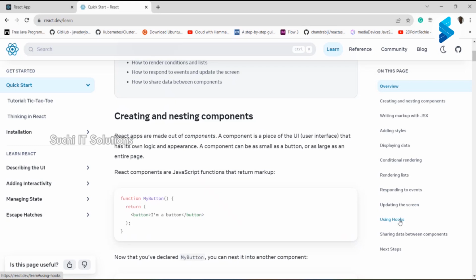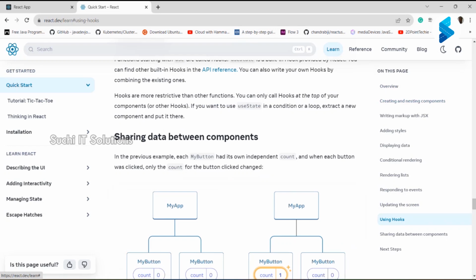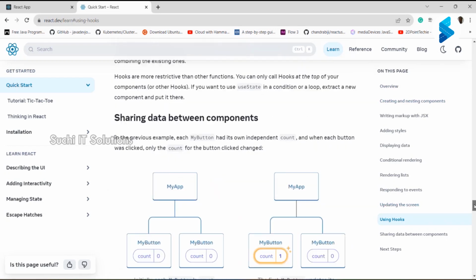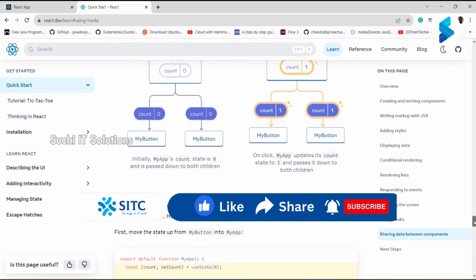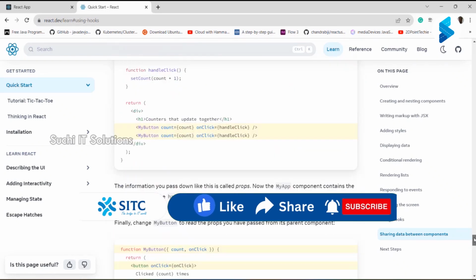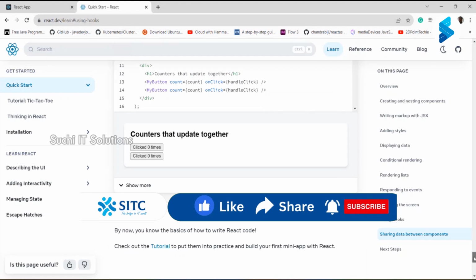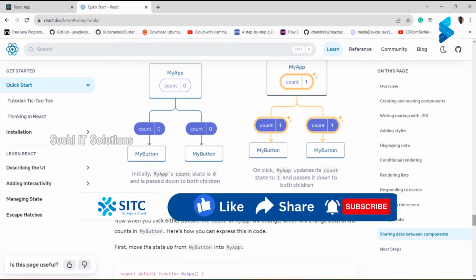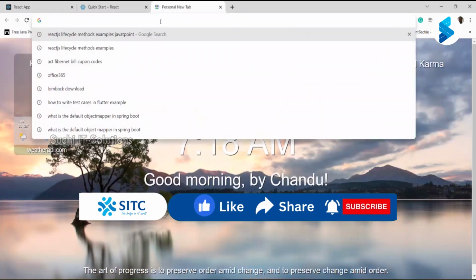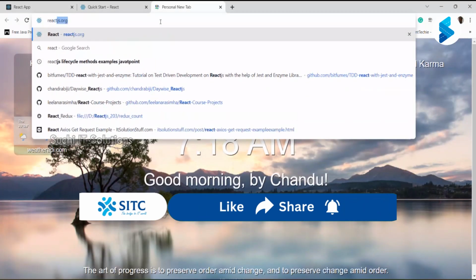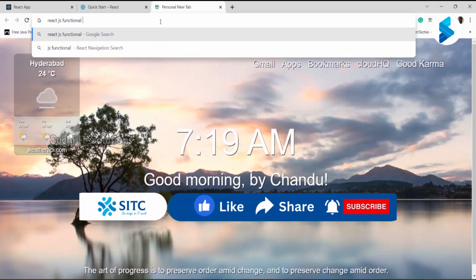So how I use lifecycle methods in the class component, similarly you can use functional component level lifecycle methods. Those lifecycle methods information, when it is executed, how it is executed, what kind of hooks are available, everything is available. Or else you can go directly and type React.js functional component lifecycle hooks